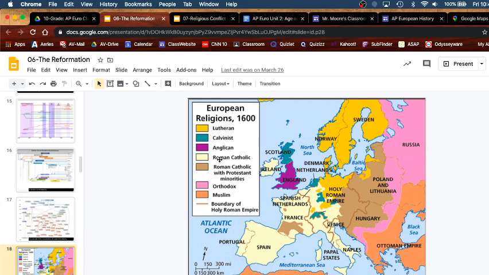If I ask a question, or say on the AP test, they ask, what parts of Europe were Protestant, and you're looking in this key and you're like, there's no Protestant word there. You have to understand that Lutherans were Protestants, right? And Calvinists were Protestant. And Anglicans were Protestant. And that's still Christian. Those are all Protestant pieces of the Protestant Christianity puzzle. The Roman Catholic is still Christian, but that's a different version of it, right?